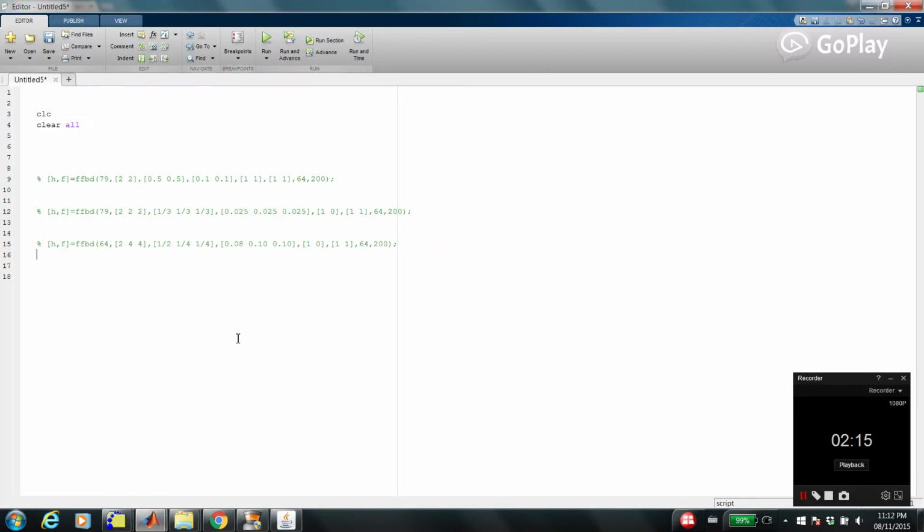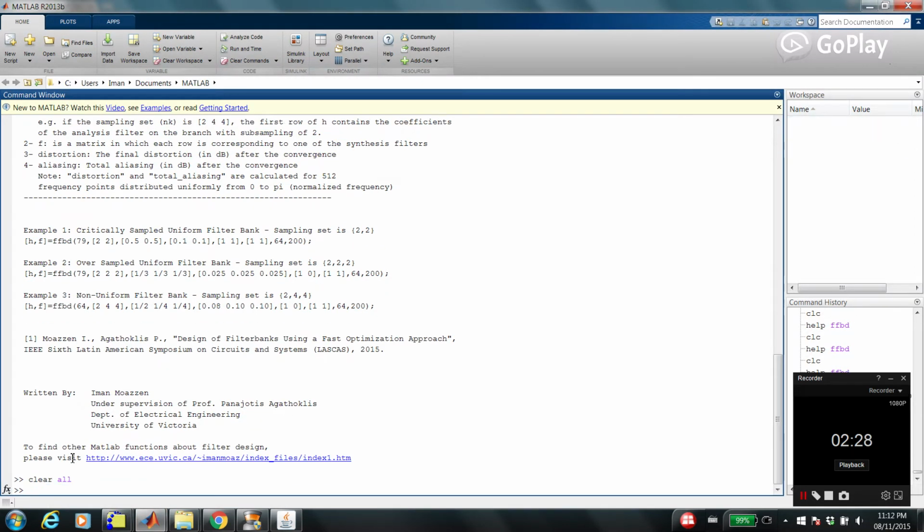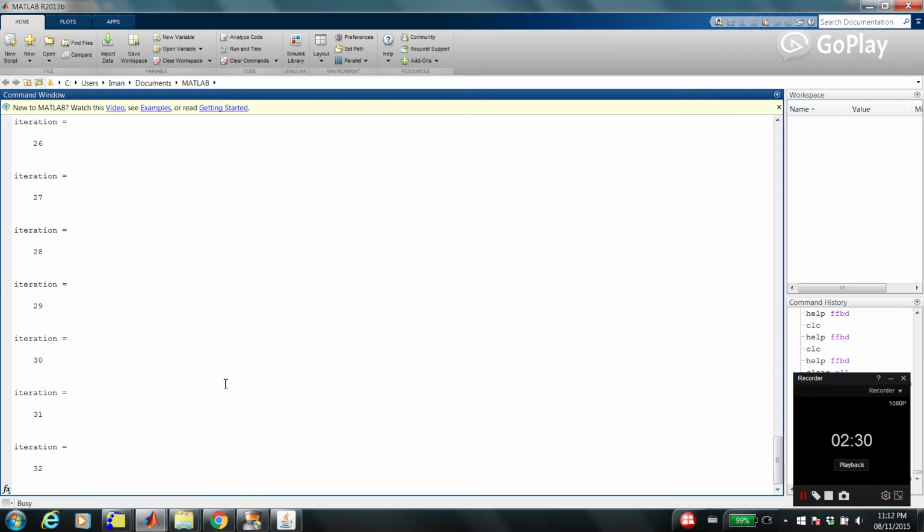Now let's go back to the Matlab function. I'm going to show you three examples. The first one is a uniform Matlab function. It's uniform because the sampling rates are 2, 2. They are the same. That's why it's called uniform. So clear all. So after convergence,